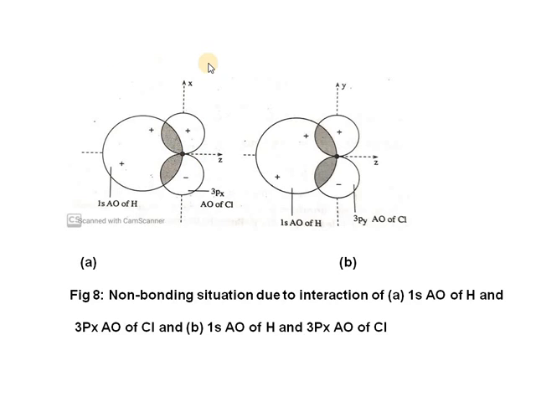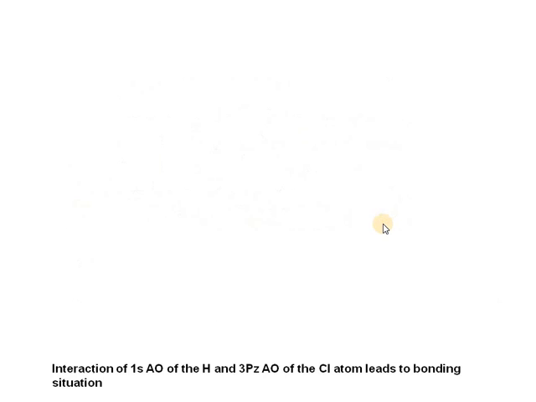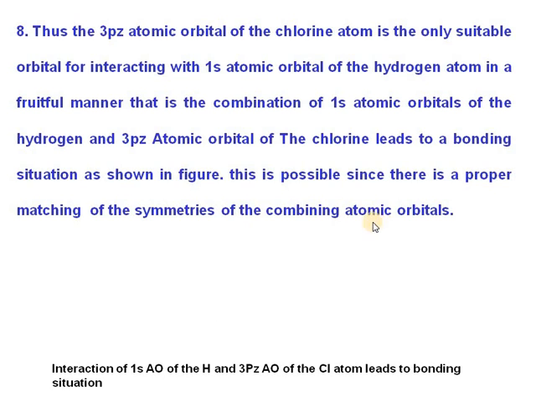3px, 3py and 3pz atomic orbitals of the chlorine with the atomic orbitals of the hydrogens. These two overlaps are there, like this: a 3px atomic orbital of chlorine and a 3py atomic orbital of the chlorine with hydrogen. So in the next diagrams we will see, which is preferred?